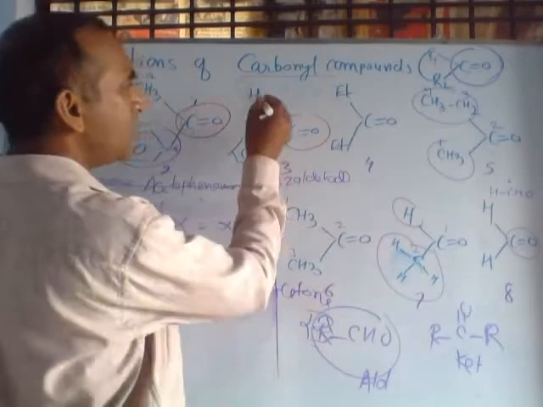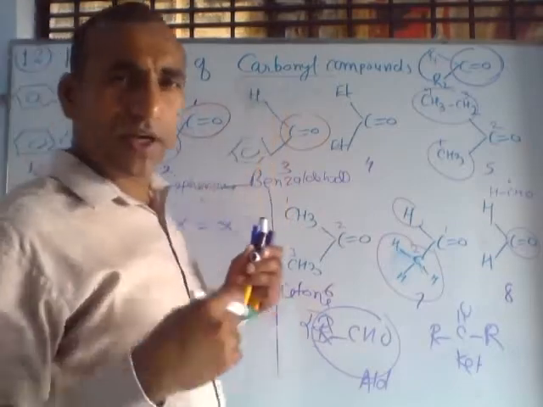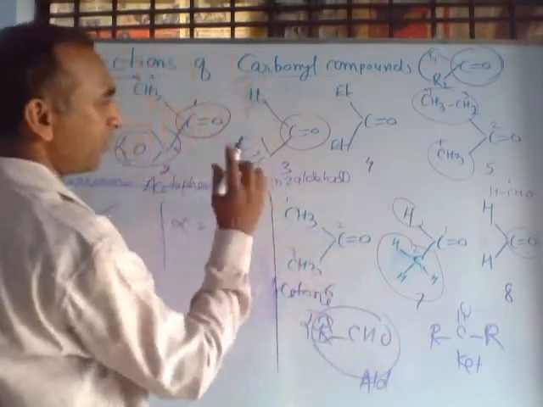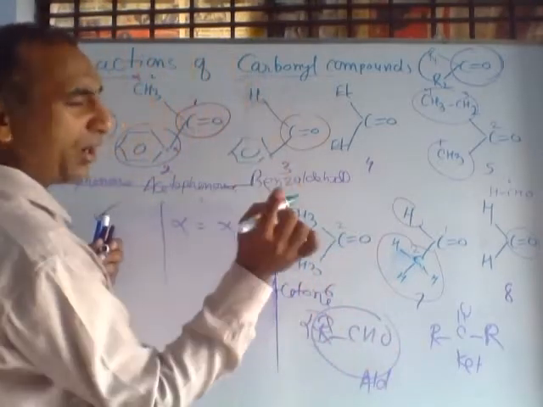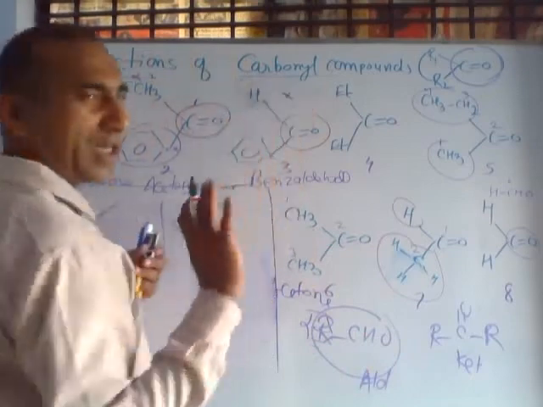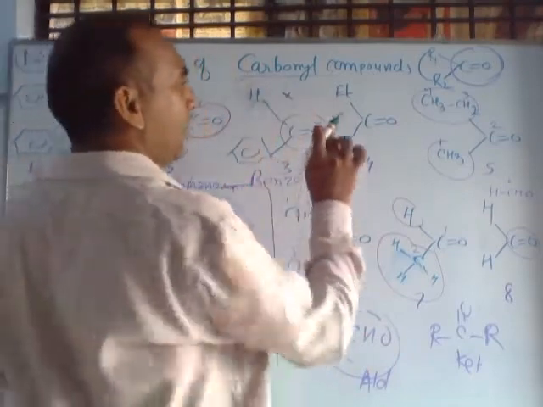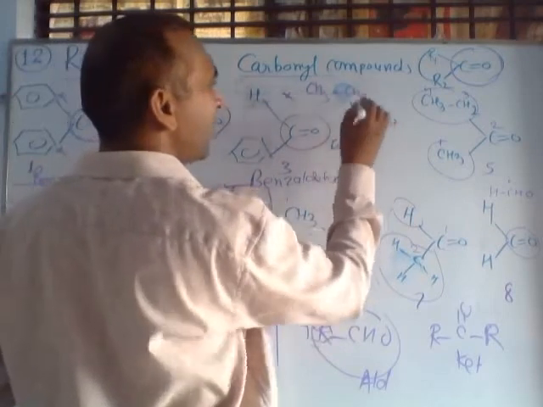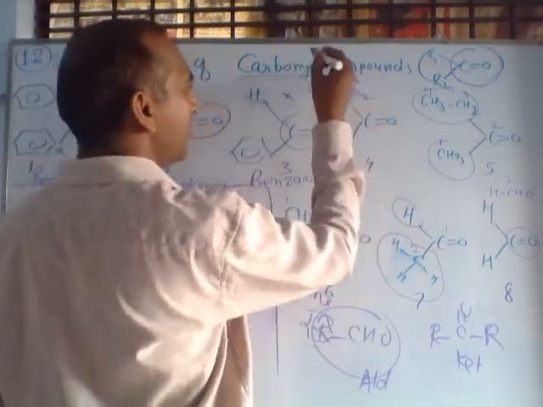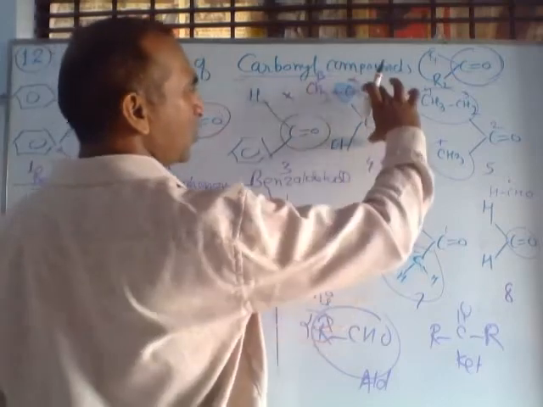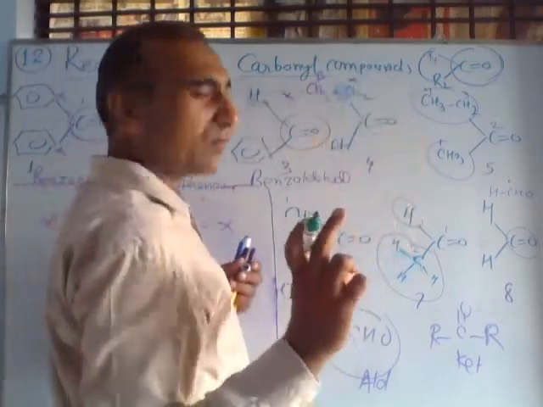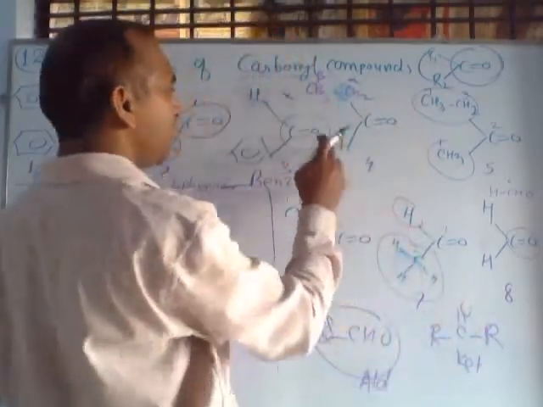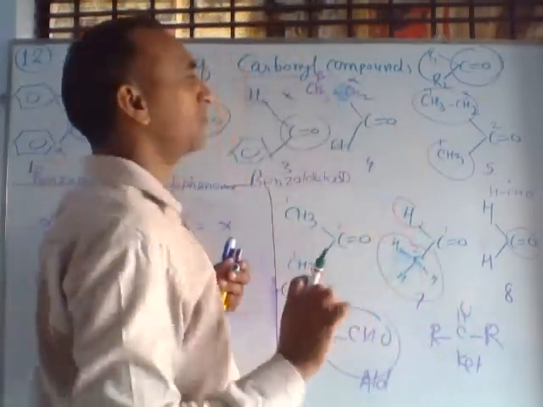On this carbon, this is not an alpha hydrogen. Alpha hydrogen should be connected with alpha carbon. So alpha carbon is compulsory, it should be present. Here alpha carbon is present but no hydrogen, so it does not have any alpha hydrogen. Et means this type, CH3, CH2. This is alpha, this is beta. Again alpha, beta. So it has 2 alpha carbon atoms, and 2 into 2, it has 4 alpha hydrogens and 6 beta hydrogens.